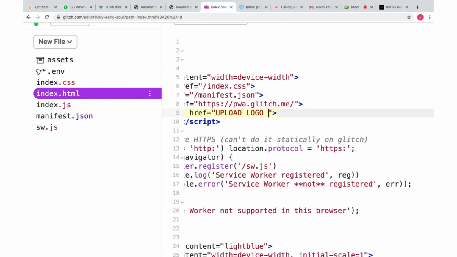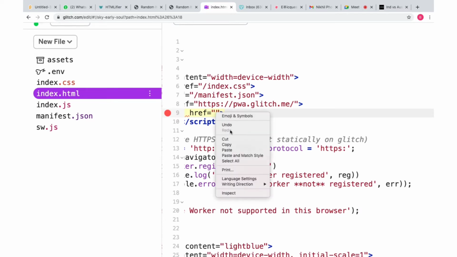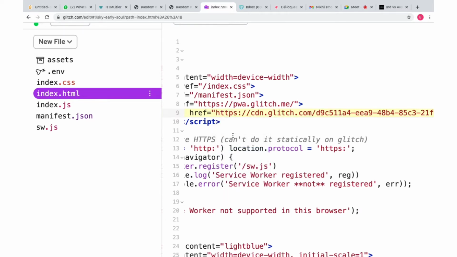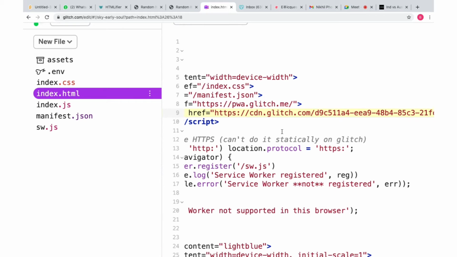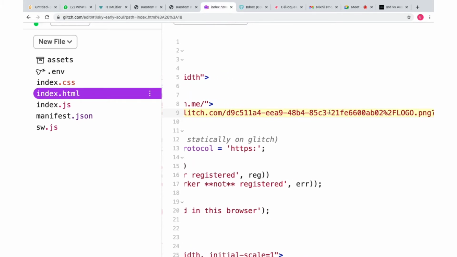Okay, just delete it. You can select and delete however you're comfortable. Whenever you see this red dot, it means there is a mistake. Obviously right now I've deleted it, so there's a mistake. Don't worry. You right click and paste. See, that red dot went away. The error message has gone away because I have pasted my URL, so the computer knows where it has to go pick up the logo.